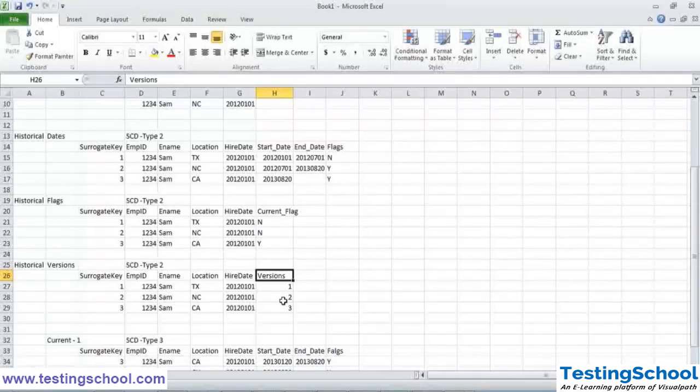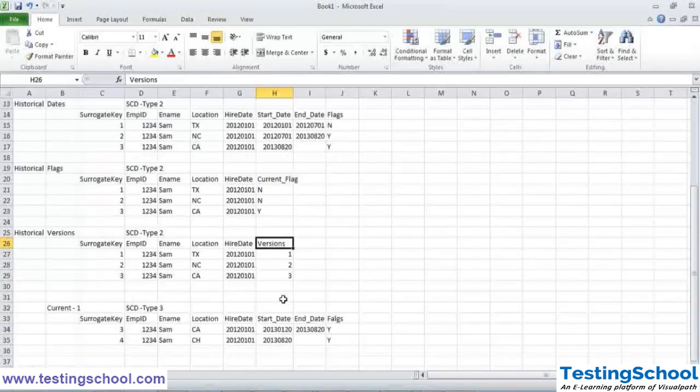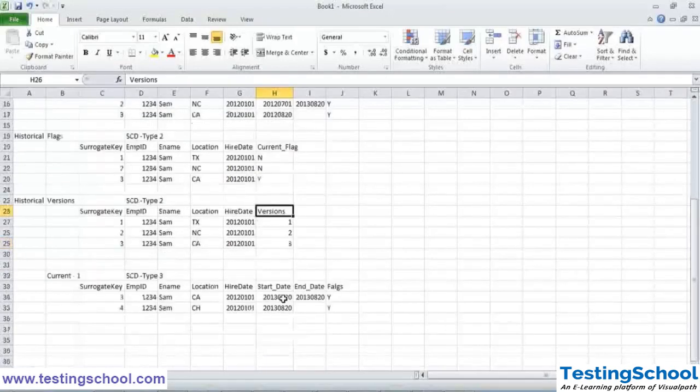Whatever is the current location will be flagged as Y, and the rest will be flagged as N. For versions, you'll have again a running sequence number which is incremental, so whichever is the max number will be your latest record. All the ones below or less than that number are your historical records. That's type 2. Type 3